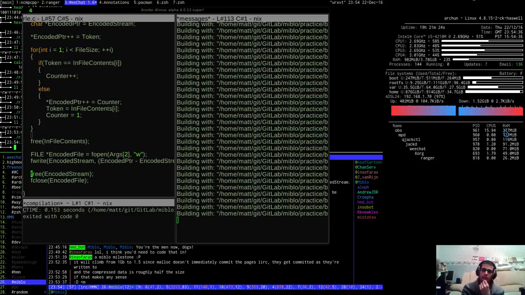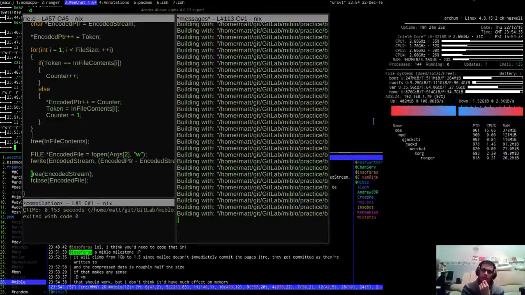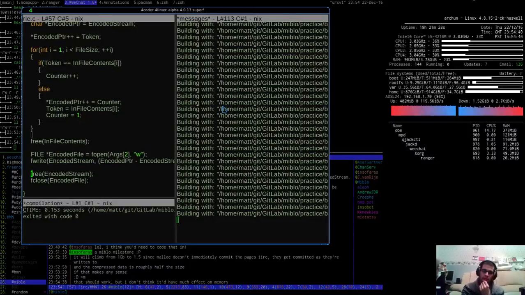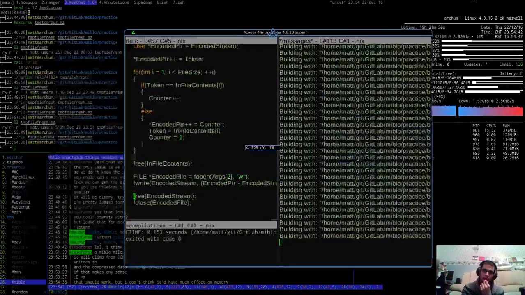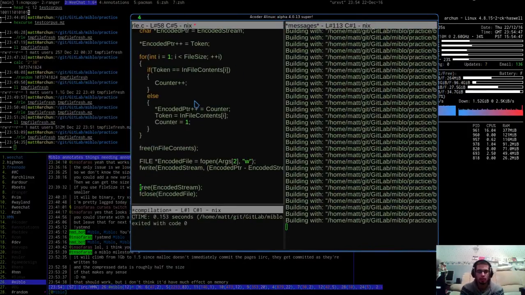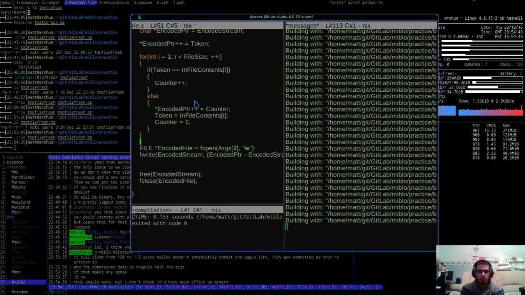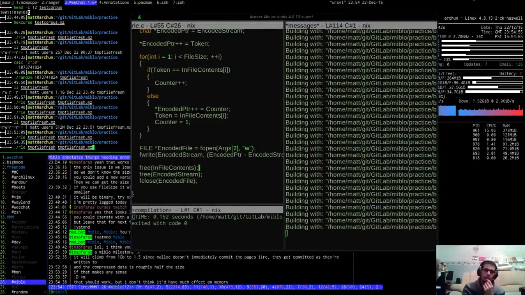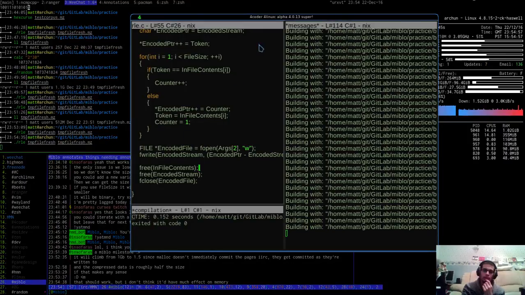So it's dropped down. I don't think it should have much better memory. Let's just undo that actually, and see if I see that drop down. Or will it just free it in one go?